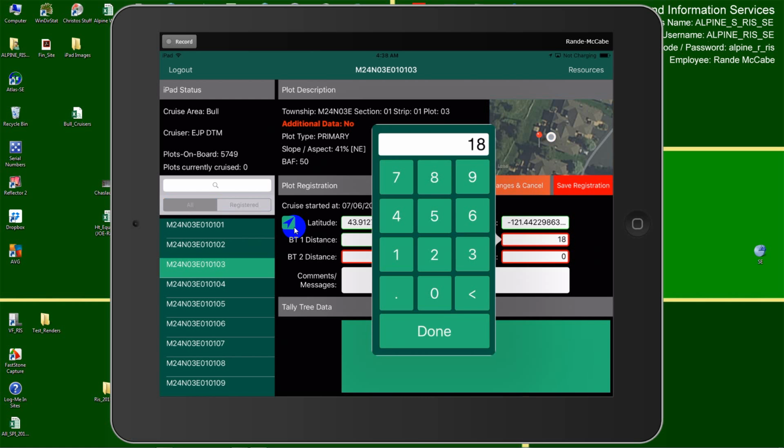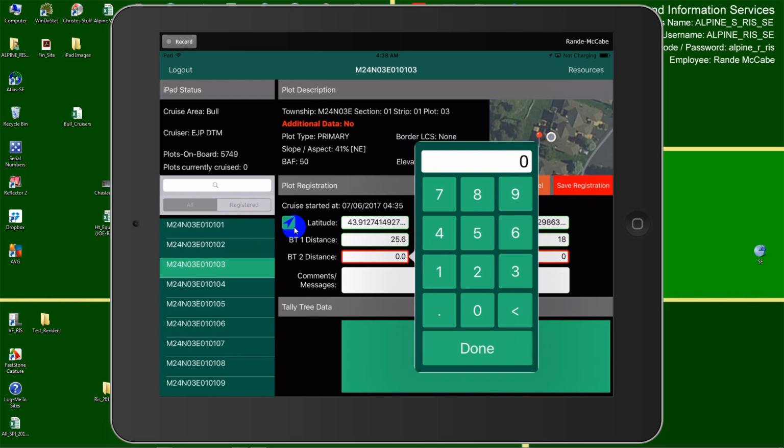And we repeat the process for the second bearing tree. And say we make a bad choice. Well, I tip my hand there. I find one, not that one, that's too far away for anybody. Let's find one that's 42 feet away. That's quite a ways. It's probably too far too. But either way,